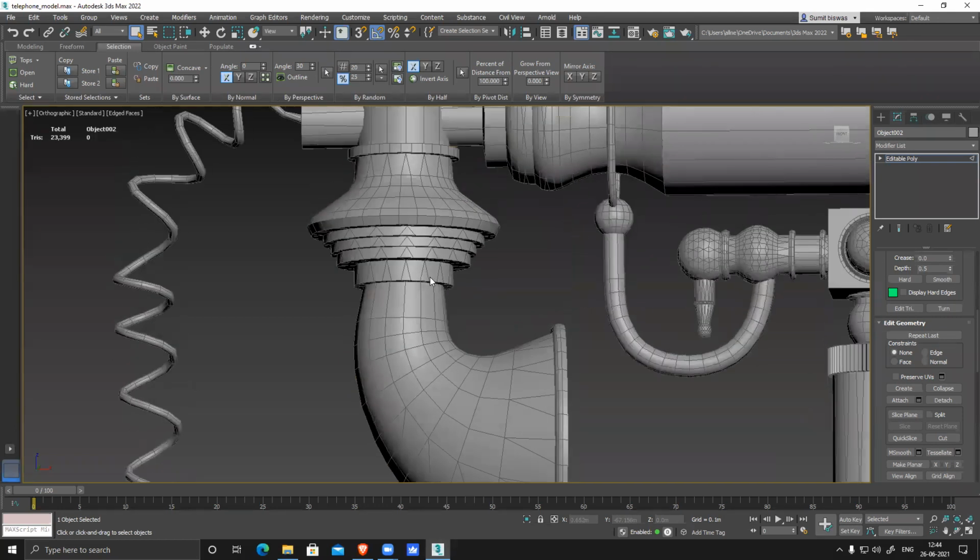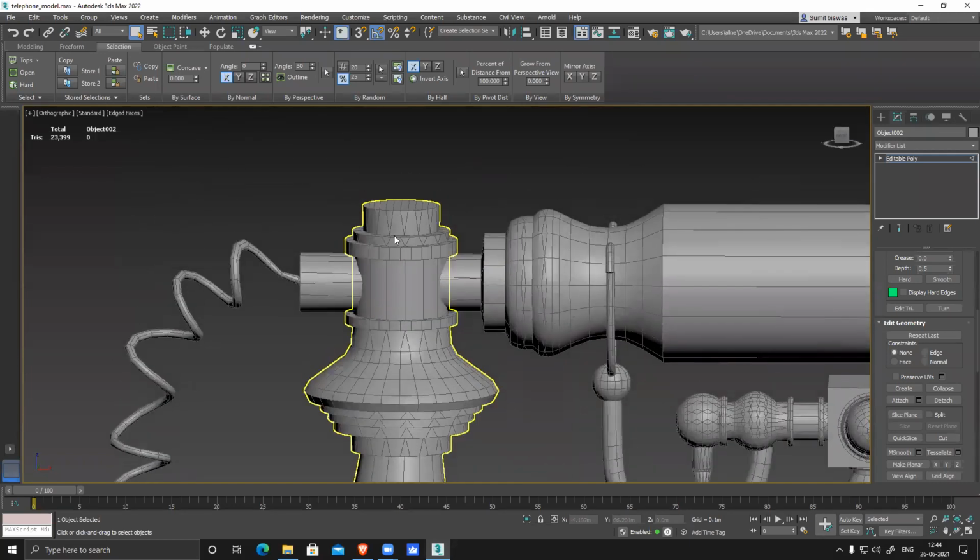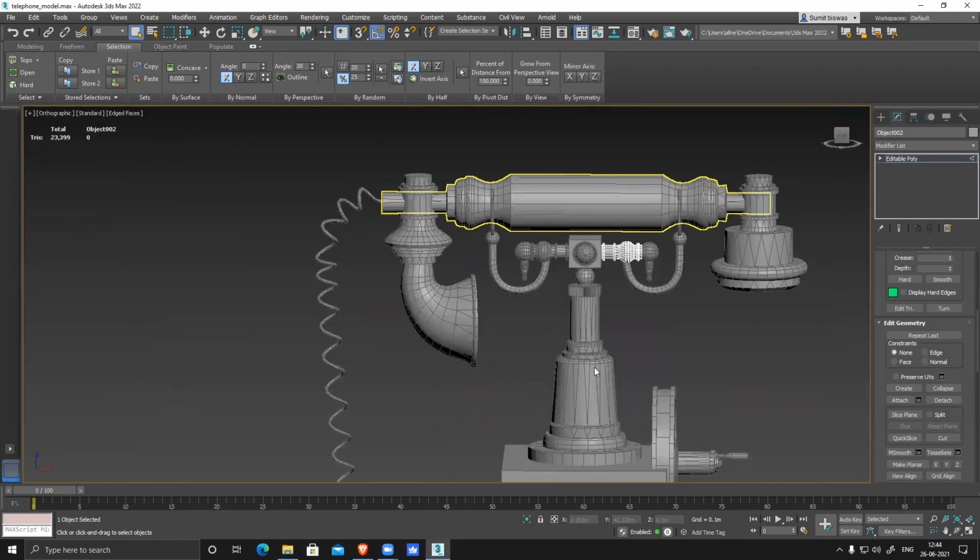If you want to keep it here, it will work, but these are not required. This is also not required. This is also not required. This is way too much we're doing. So that is something to keep in mind.